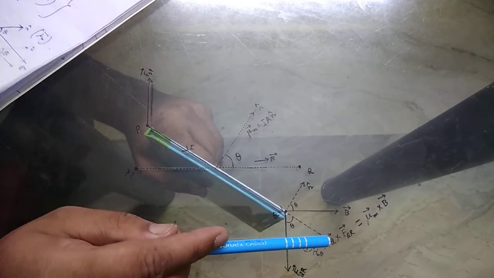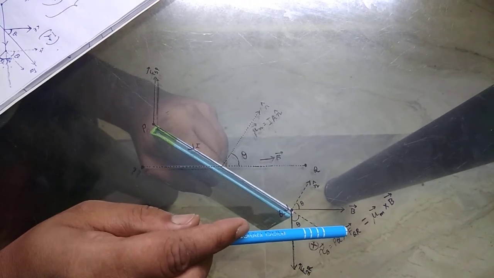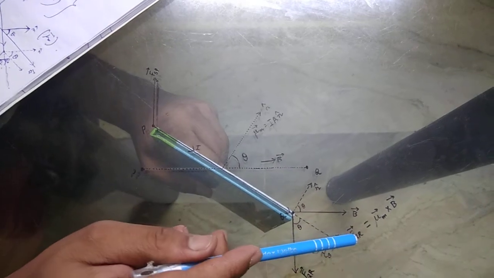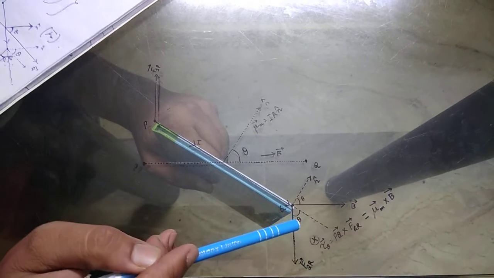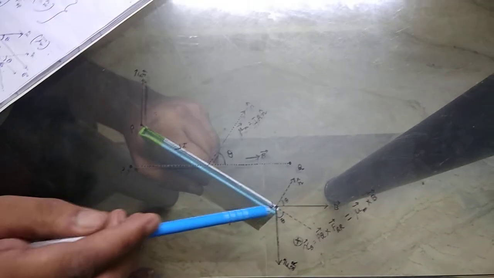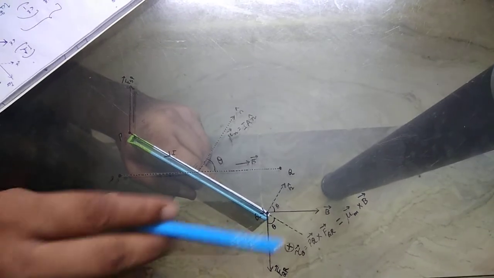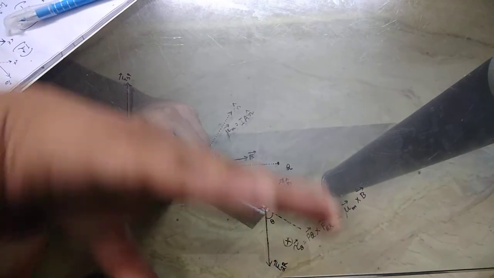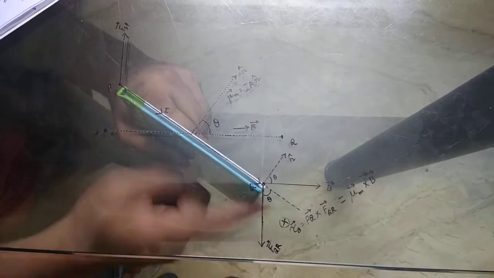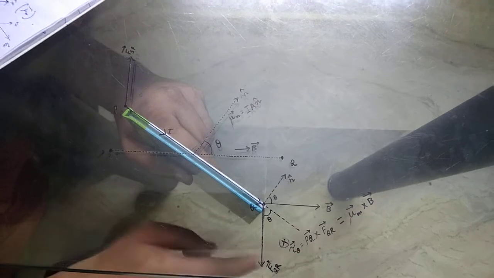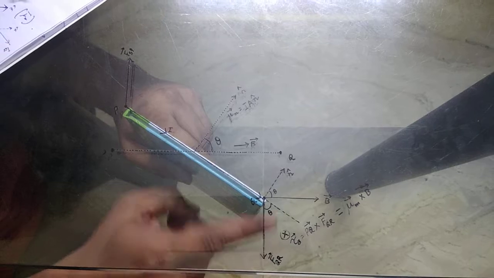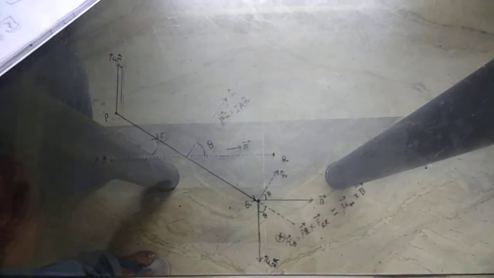So now the torque will be PQ cross FQR, that means the value of PQ into the value of FQR into sine of theta, and its direction is the direction of tau, which is the torque due to this force. PQ cross FQR, that means it is going at the bottom. PQ cross FQR is going down, so it will be along this direction. Please understand the direction of the torque. Okay, let's come back to the copy again.